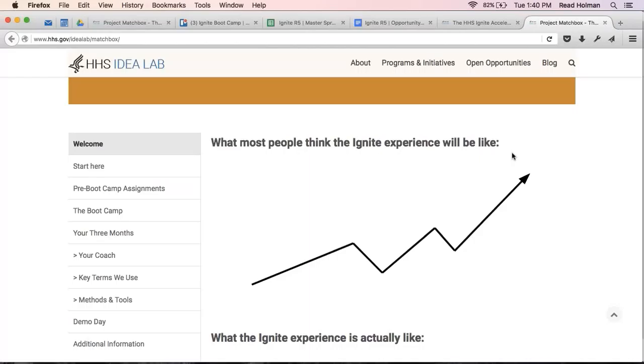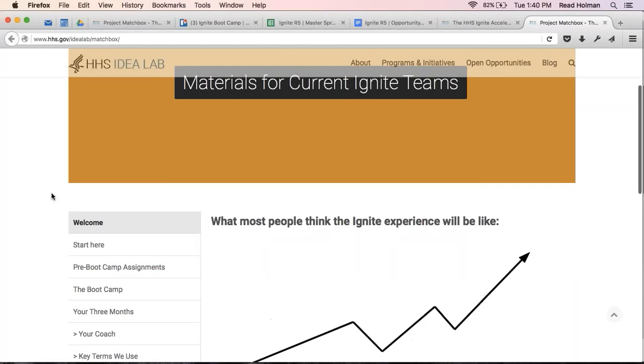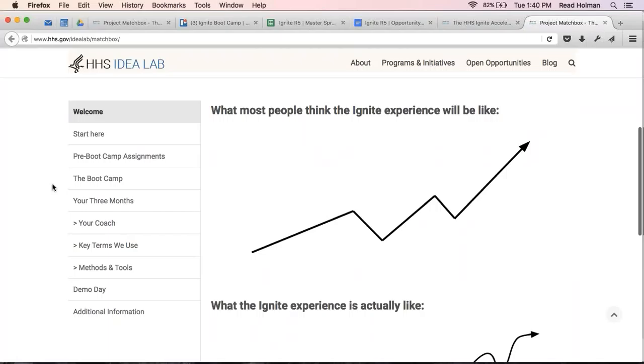So we've got a number of folks online. We're looking here at the materials microsite. Last time we just went through these, and it was meant to be pretty basic, introductory. Along the way, our goal is to ensure that you have opportunities to ask questions, and be sure that expectations are more or less set. We don't want you to come into the bootcamp surprised. There's probably some uncertainty, but hopefully it's an excitement that's behind that,